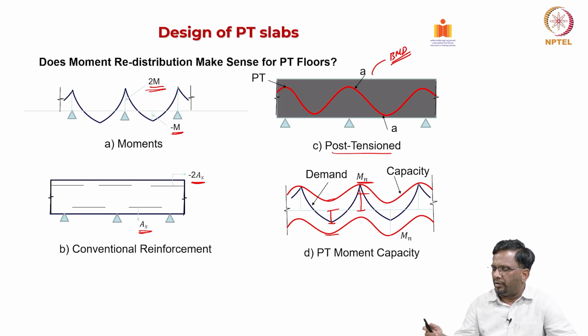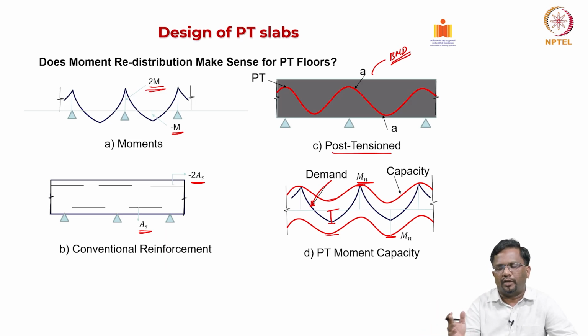So, this is your demand curve, and this is your capacity curve. So, at the support location this is the capacity, and at the positive moment this is also the capacity. So, in both the locations we need to satisfy the same Mn, because the area of the cable is the same,